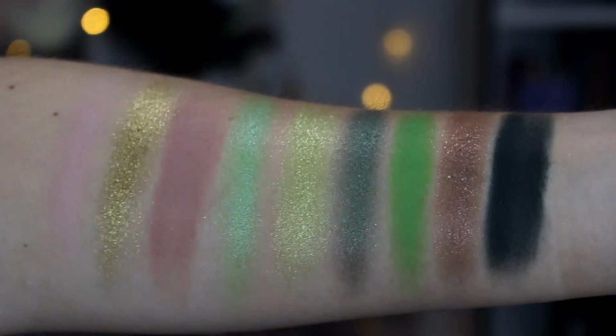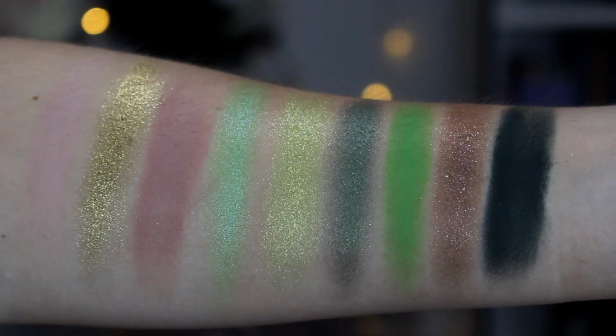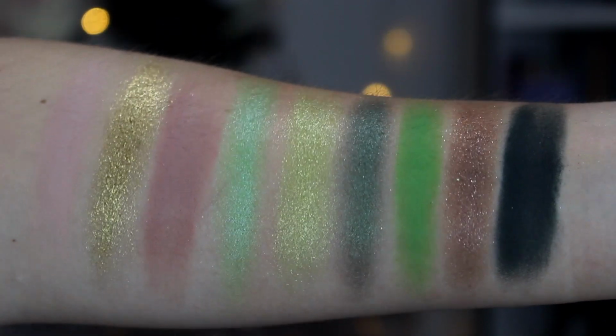We have a nice range of kind of pinky neutrals. We have different shades of green, all different tones of green. We have kind of a dark bluish teal. We have this almost bronzy pinky shade. I really like the colors in here. There's a gold. I feel like there's a lot you could do with this palette